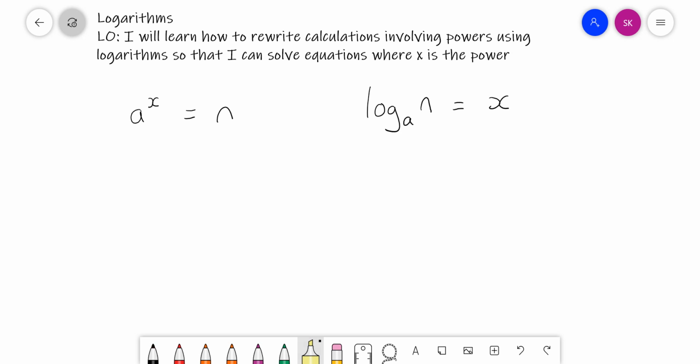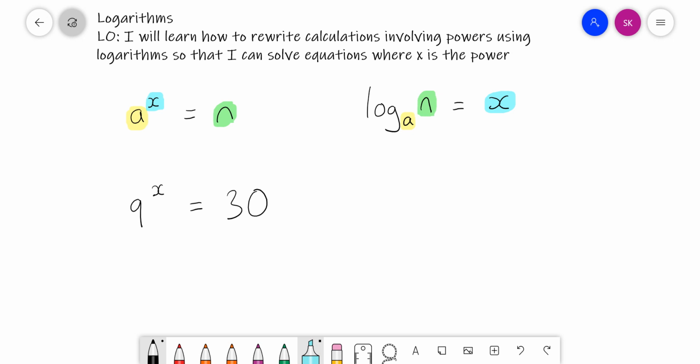So what that means is this number is the base. This number is the answer, and this is the power. So you can see we can use logarithms to figure out what the power is when the power is otherwise unknown. So for example, if we were told that 9 to the power of something equaled 30,